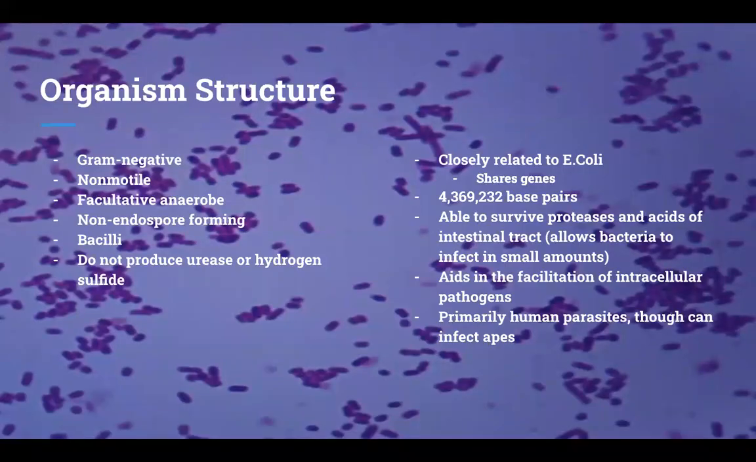Organism structure. Shigella dysenteriae is a gram-negative bacillus, which is non-motile, non-endospore forming, facultatively anaerobic, and does not produce urease or hydrogen sulfide. Shigella is often mistaken for E. coli because they have similar structures and shared genes, especially those of E. coli K12, strain MG1655. Of the four species of Shigella, Shigella dysenteriae is the smallest, with